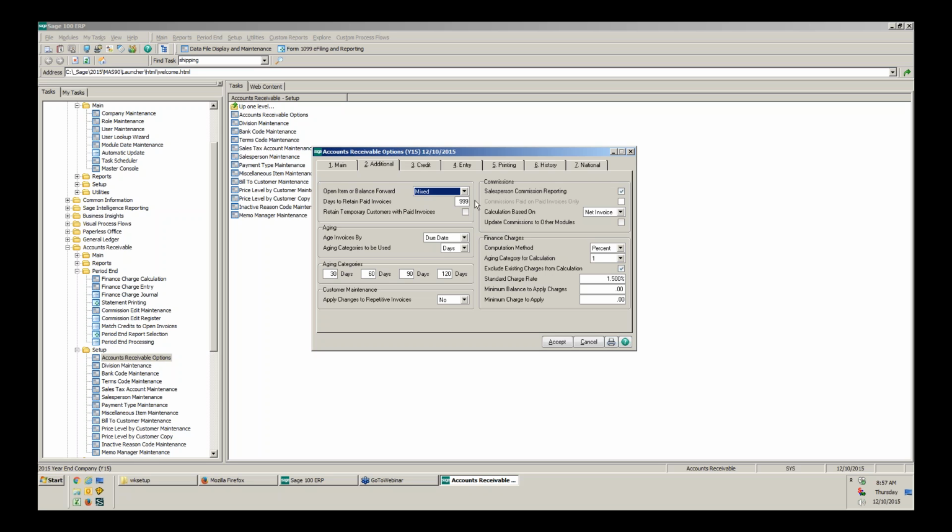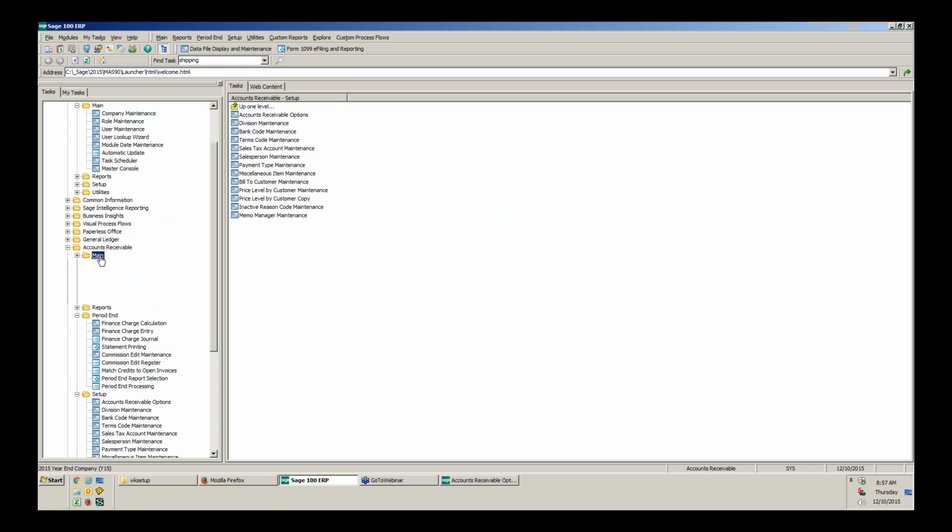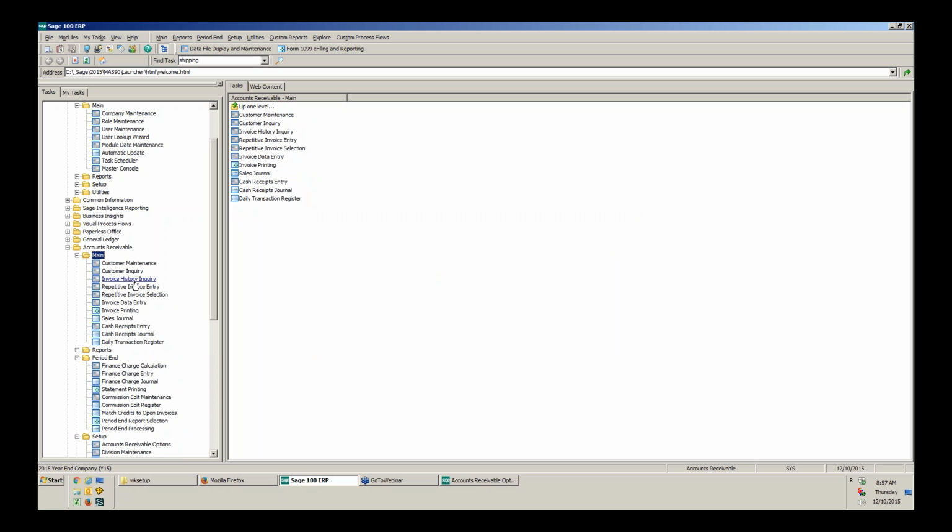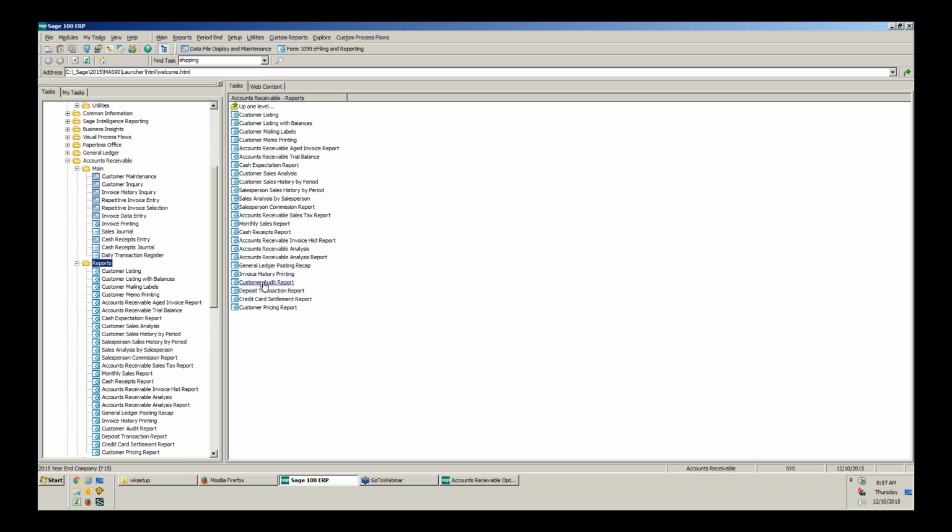They'll still exist in your invoice history. If you came out here and went to invoice history inquiry, you'd still see them. You'd still see them if you ran the accounts receivable invoice history report, but they wouldn't show up on that list. So you'll want to make sure that you have that set correctly, because what happens a lot, especially after